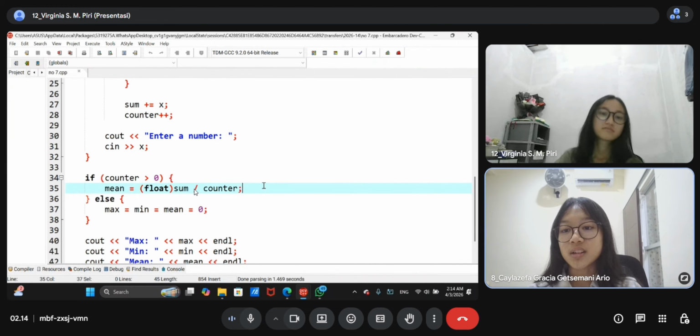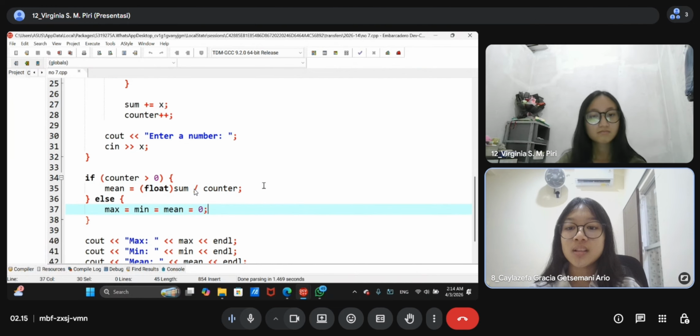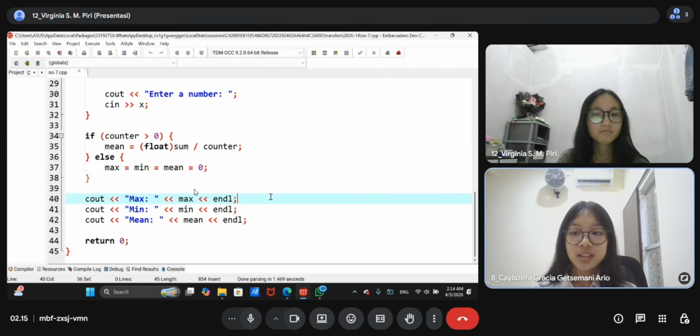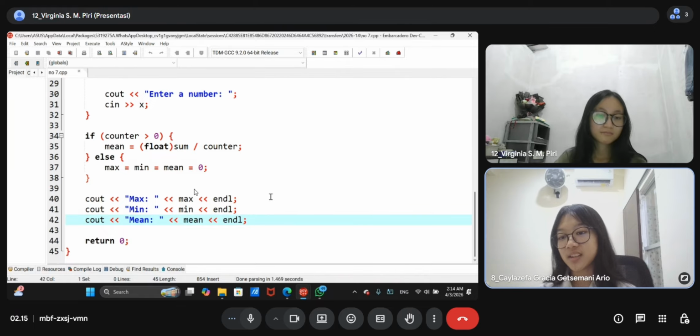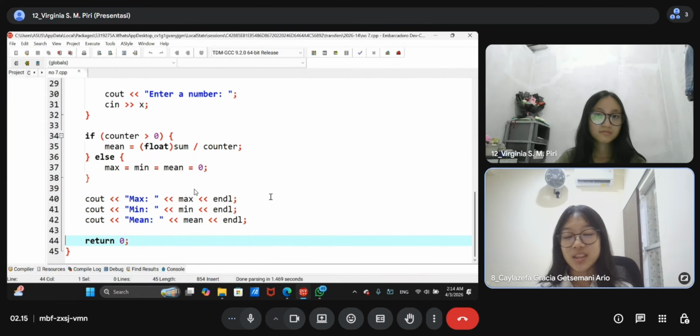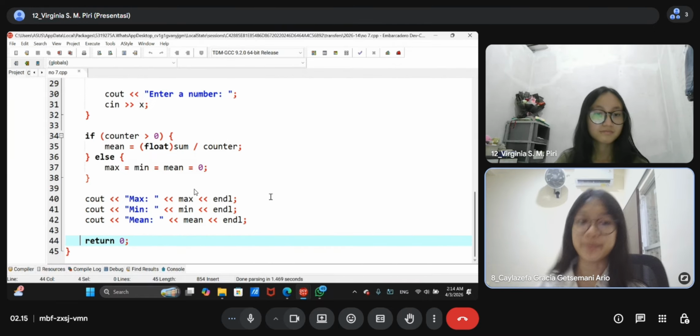And if the counter is not larger than 0, the max, min, and main will have value 0. And then we print all the data, max, min, and main, and return 0. So there's no error in this program.